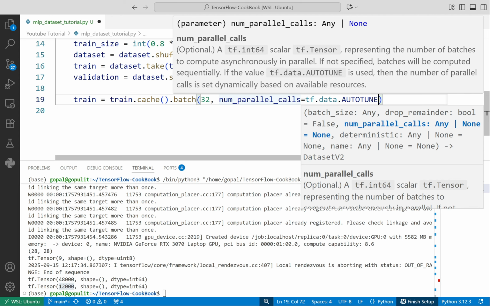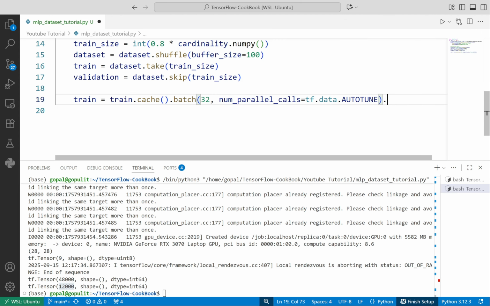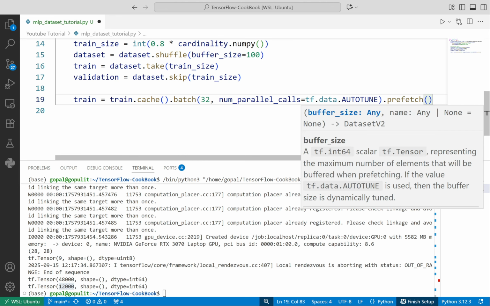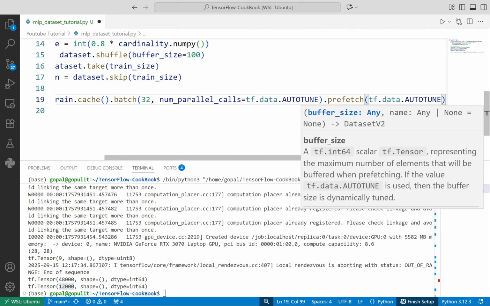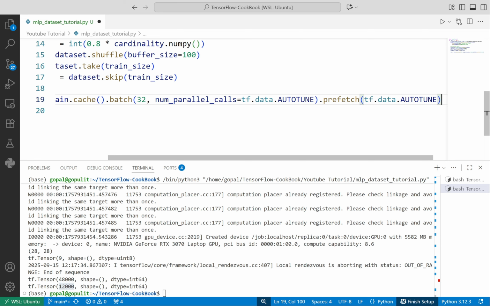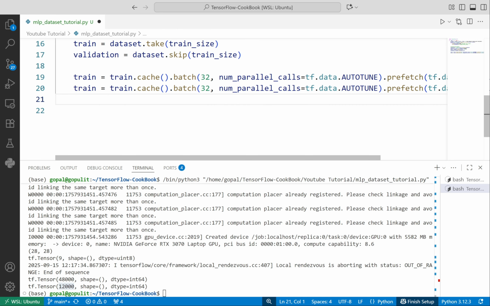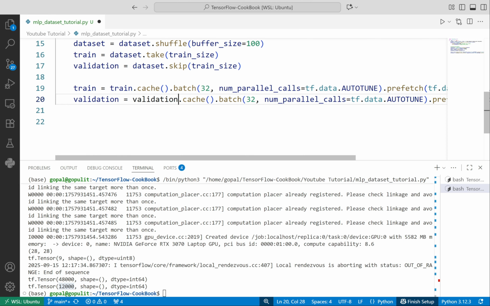After creating the batch, I can prefetch a number of elements. How many elements can I prefetch? You can also give this as tf.data.AUTOTUNE. As you can see, if the value tf.data.AUTOTUNE is used, then the buffer size is dynamically tuned. Same as here, and then I can also do this for the validation part, validation.cache.